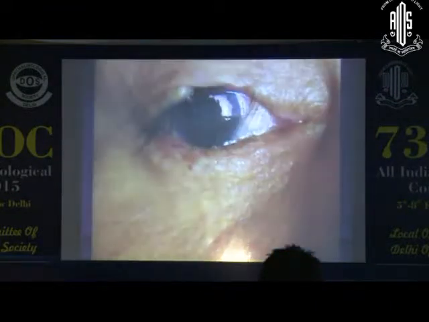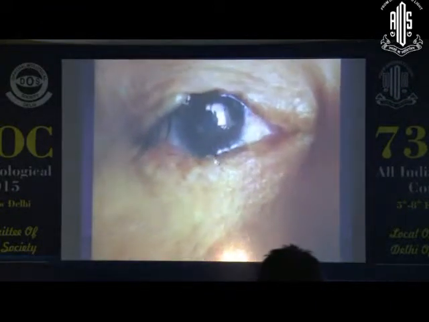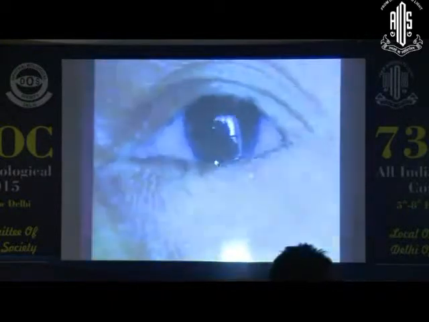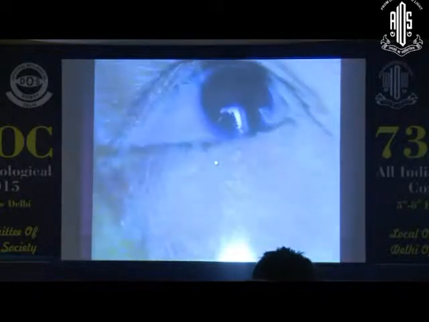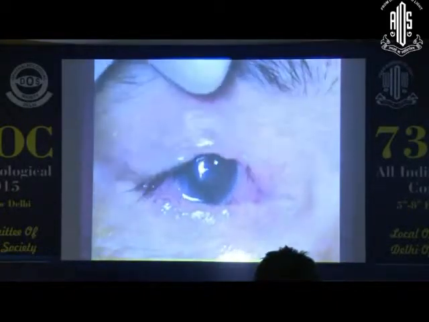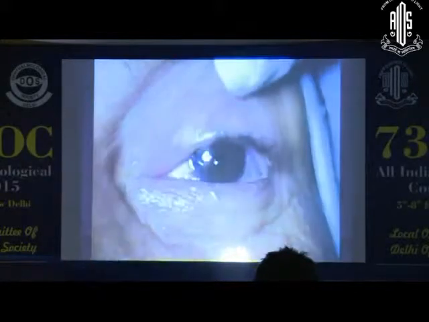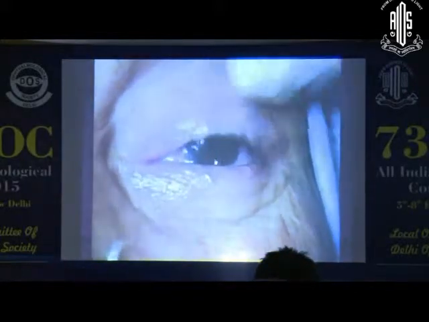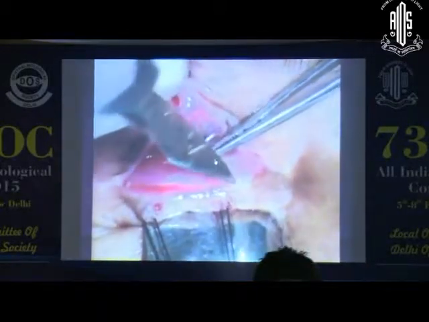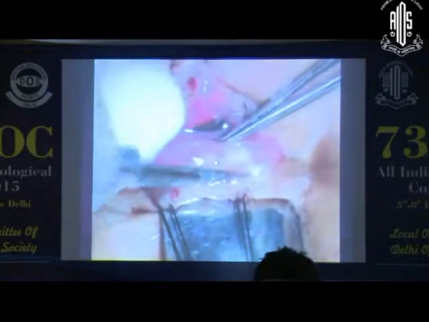Then this is the Jesse Hart operation, which is almost the same as I have shown. So all 4 operations have been done. Failed trichiatic cilia, there is a notch also. So the almost same operation by Jesse Hart, with a little bit of difference. You give the incision at the gray line, go on dissecting, and then cover with this. So with this graft, I have corrected the 4 eyelids in this operation.